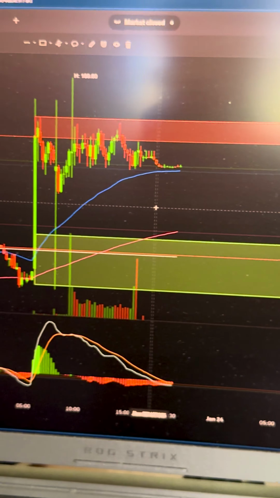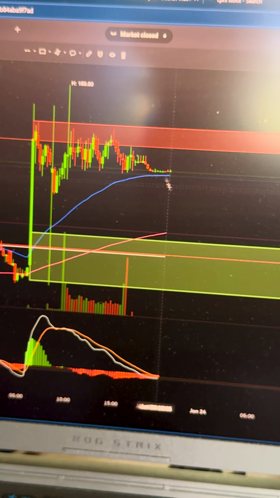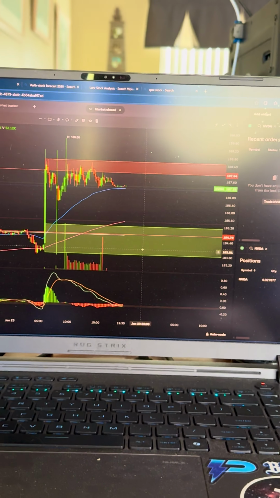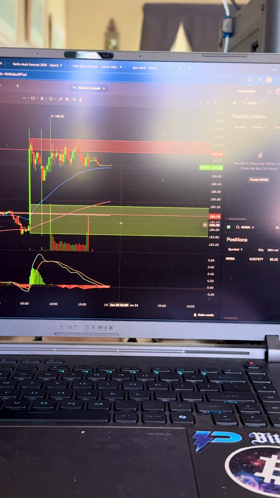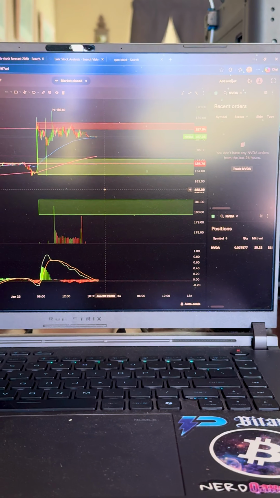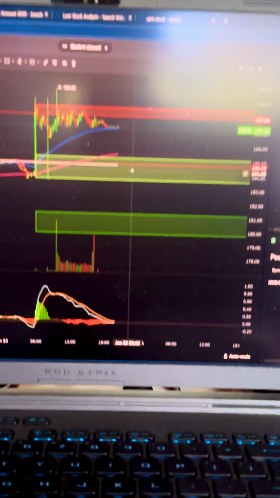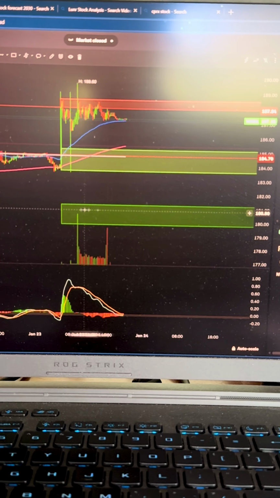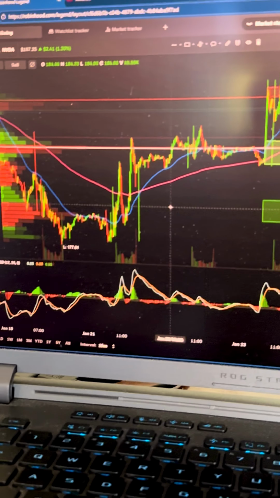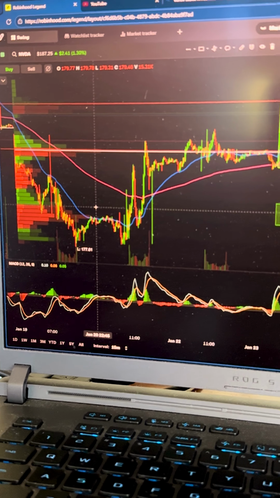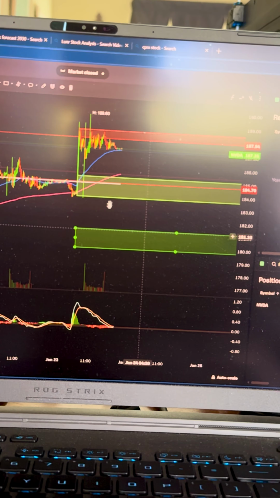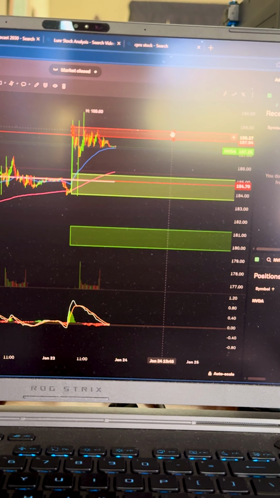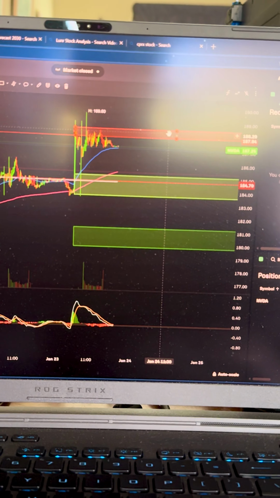So, I'm suspecting when it opens, it's going to shoot down some. And so, I'm going to look to enter in here. And if it doesn't hit here, if it continues to fall, this is my next spot where I'm going to try and jump in and find the spot, because you can look over here. Up here, if it connects down here, this is where I'm going to take some profit